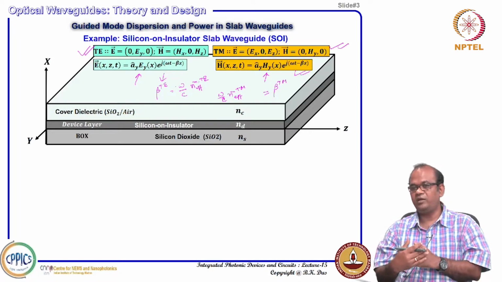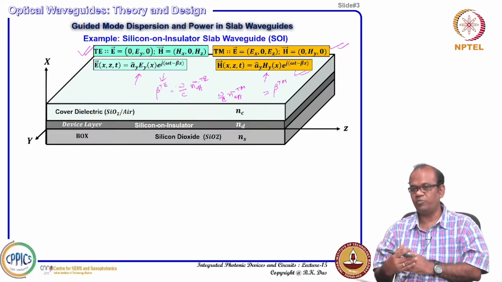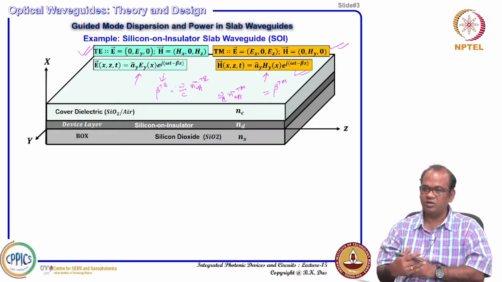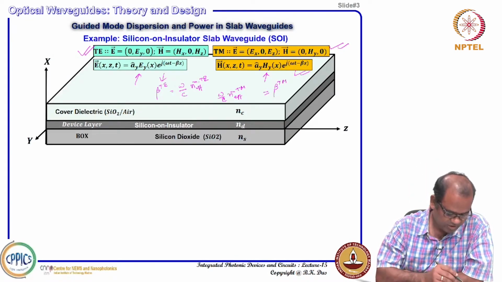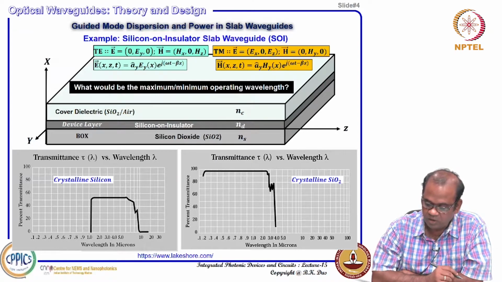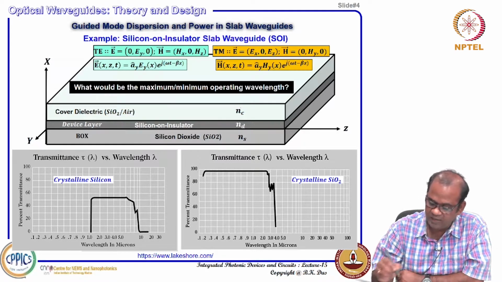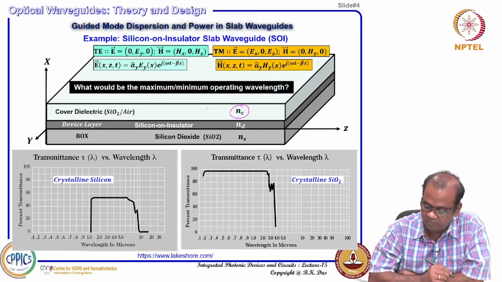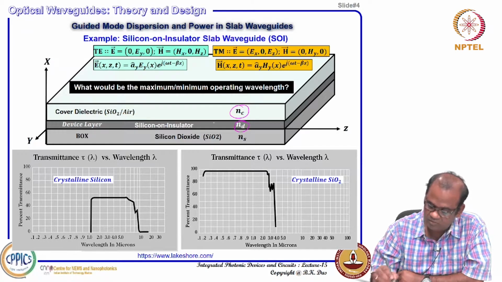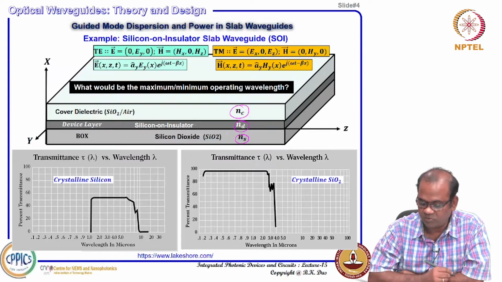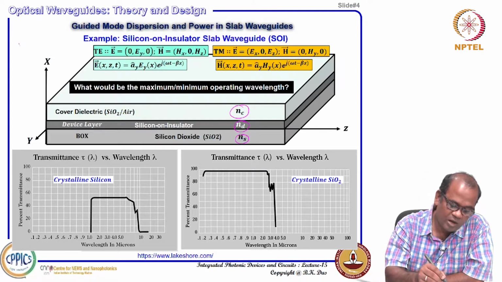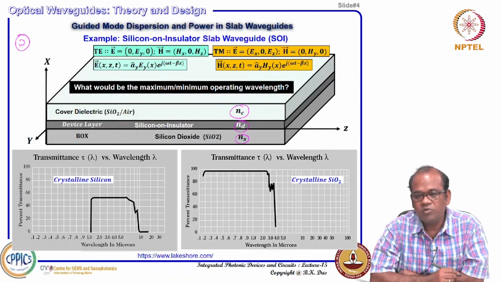So, the same waveguide can support TE polarization and TM polarization, also with a different mode index m. Okay, that is fine. Next, I have defined NC, the cover refractive index, ND, the solid device layer refractive index, and NS, the substrate refractive index. That is fine. But so far, if I want to change omega, I want to operate, which omega frequency should we